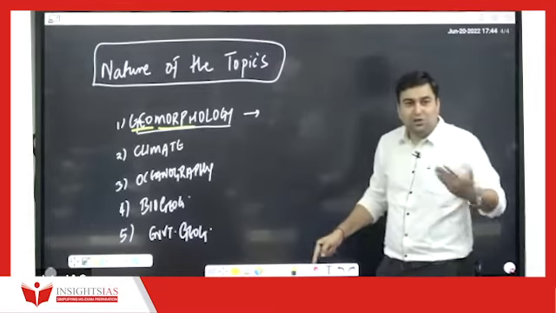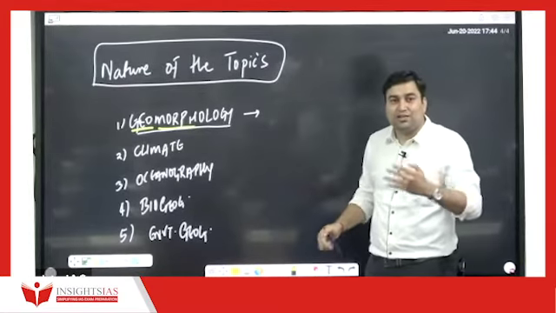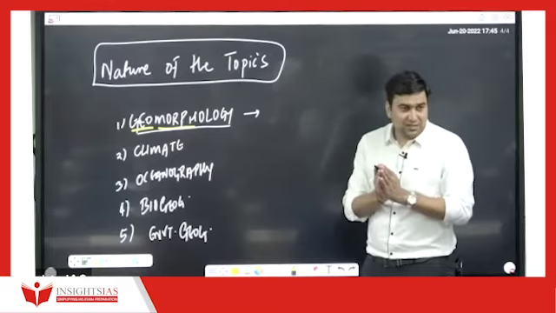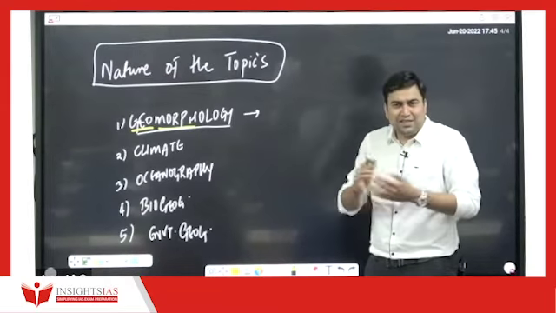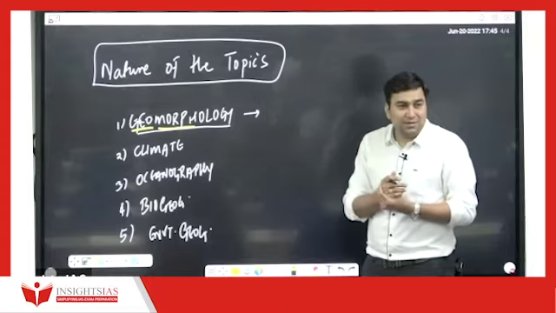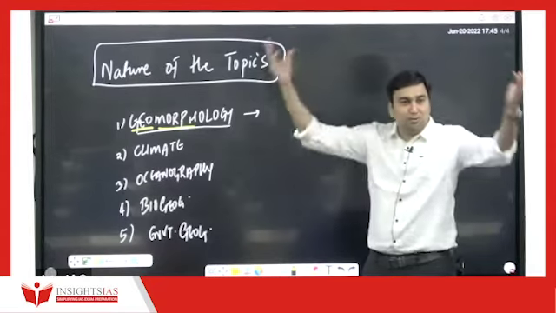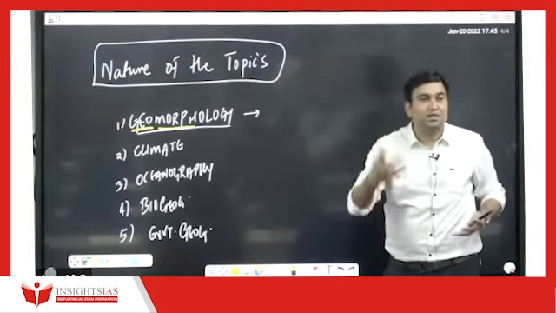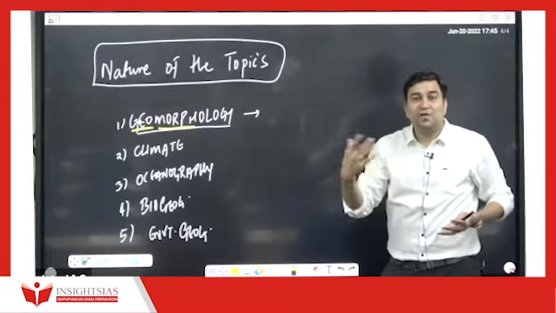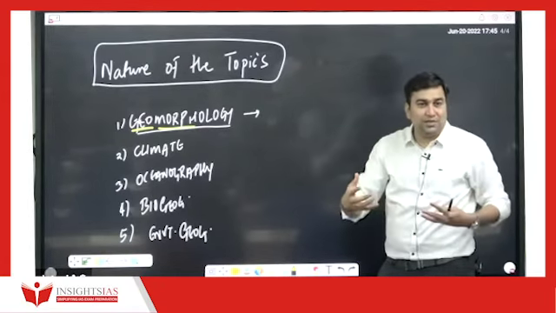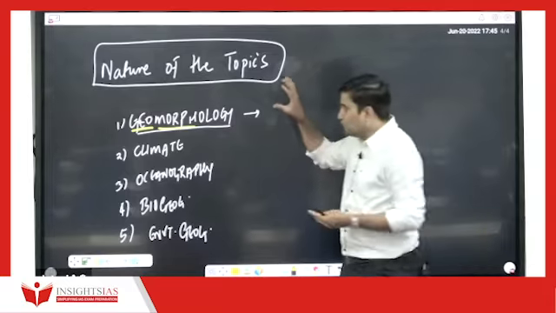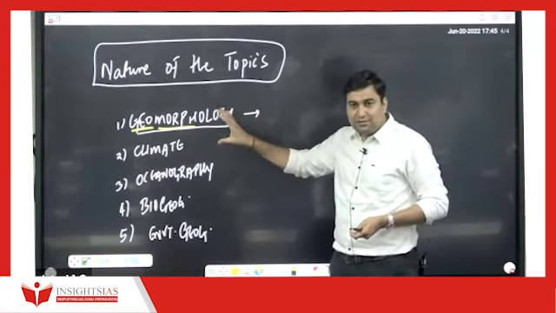So in this part initially we study geo means earth, morpho means origin. So the origin of the earth, which essentially helps us to understand the various relief features, that is endogenetic forces. Sometimes you might have heard about volcanism. That means lava etc. is being poured out. From where is it coming? From mother earth, right? The interior of the earth. How is it developing within the earth's interior? All those things we're going to study essentially here, right?